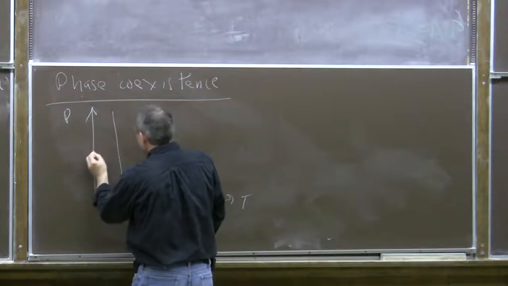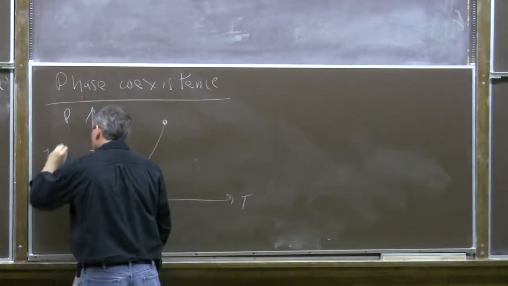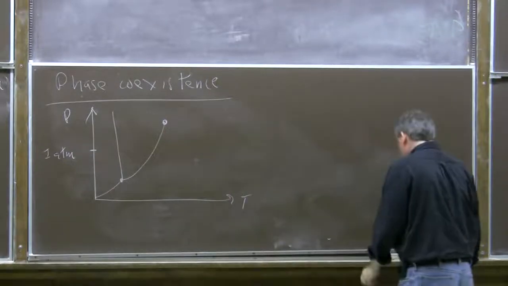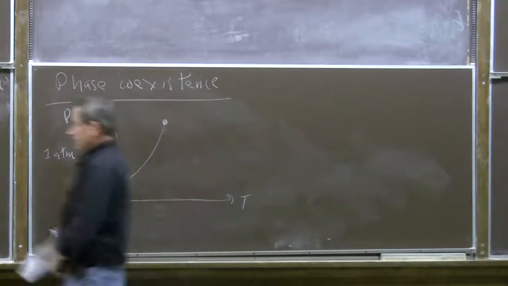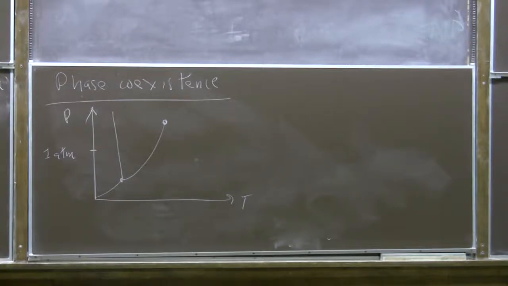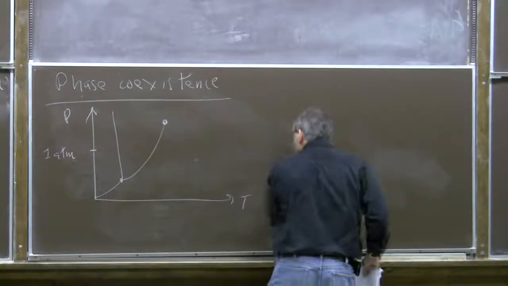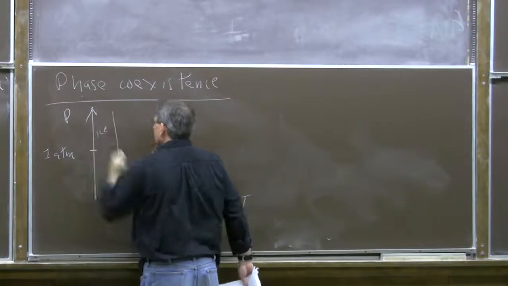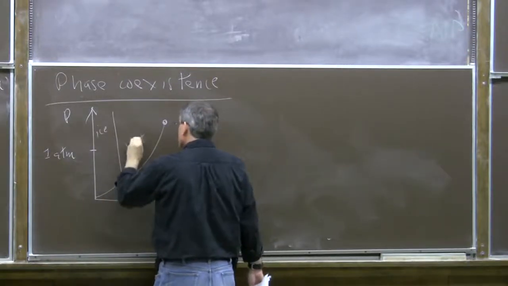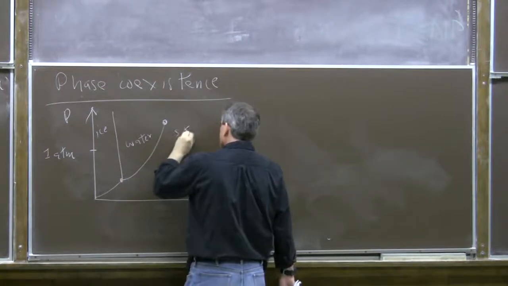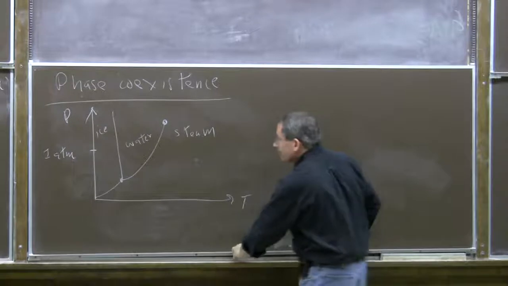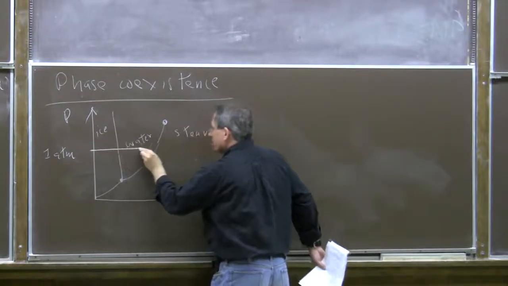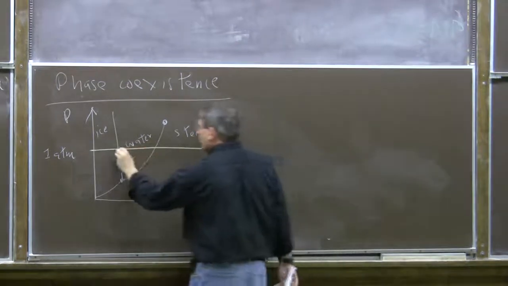Let's say this is 1 atmosphere pressure. So if we consider that fixed pressure, the pressure in the lab, varying the temperature, there will be 3 phases: the solid, ice, the liquid, water, the gas, steam. So at 1 atmosphere pressure, as we increase the temperature, we'll encounter 2 phase transitions, where ice melts